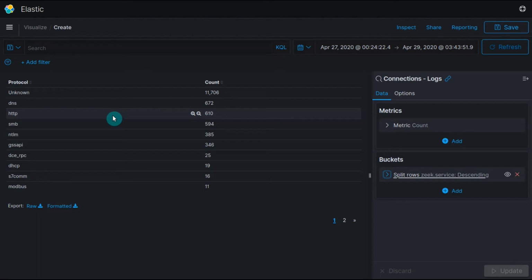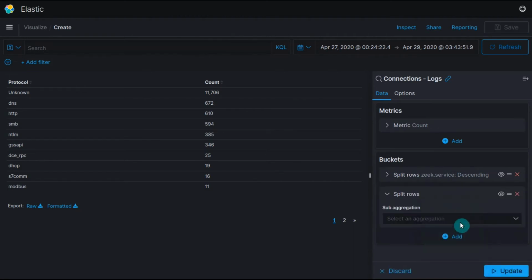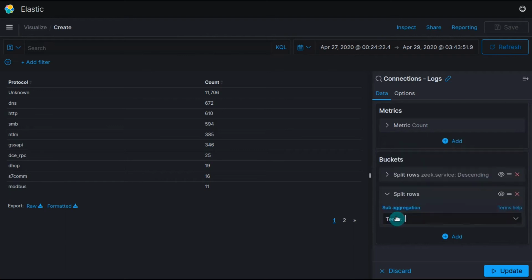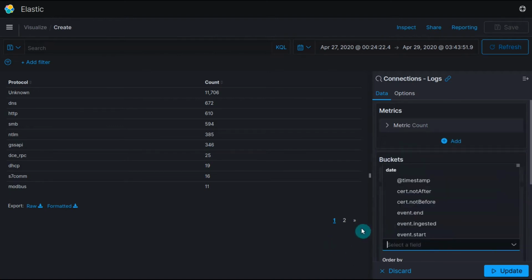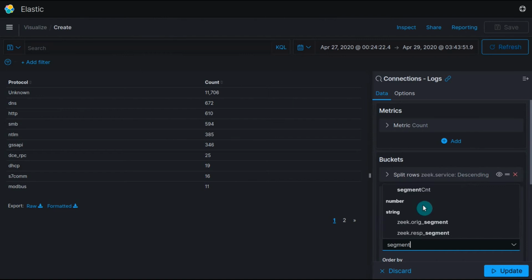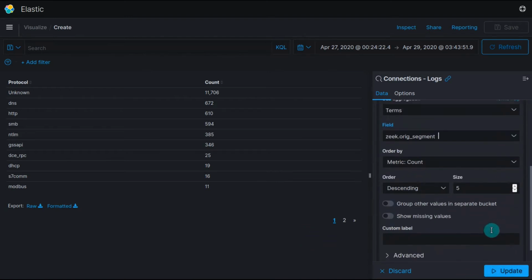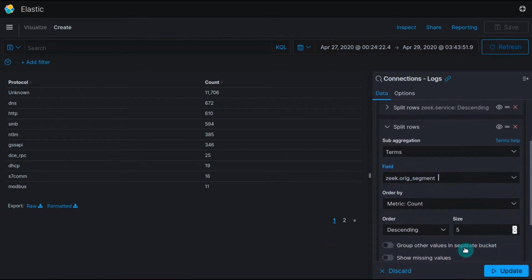And I won't explain everything in such extreme detail as we go through these other ones, but I'll do the same thing. I'm going to click Add, Split Rows, and remember our aggregation, if we want to do it on another field, that's terms. And let's do, there we go, there's our segments, originating segment and responding segment. Now, if I didn't do my name mapping at the beginning, I would not know this and I would have to do this whole thing a very different way. But since I did it to begin with, my network segment mapping,